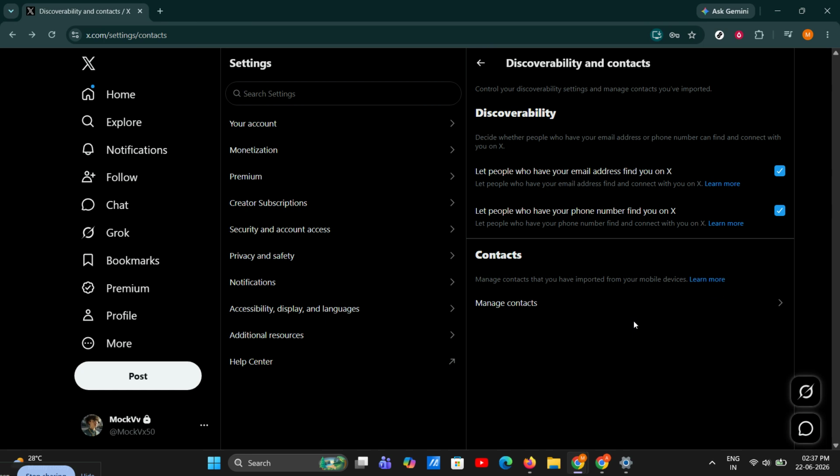It's also important to understand what changes and what does not change when you disable discoverability. Turning these options off does not remove your followers, it does not delete your posts, and it does not hide your profile from everyone. What it does is stop people from finding your account specifically by using your email address or phone number. So if you're trying to keep your X account a little more private, this is one of the easiest settings to adjust. And if you ever want to reverse it later, just come back to the same menu and turn the boxes